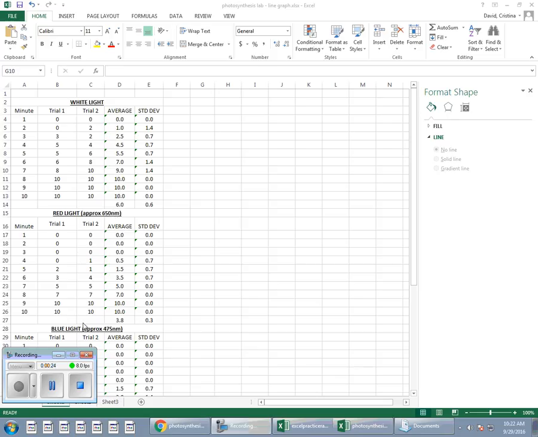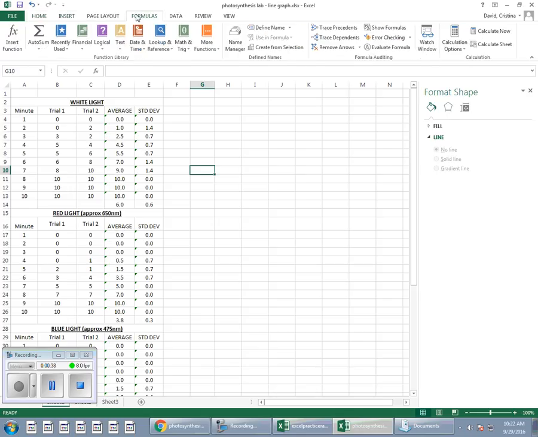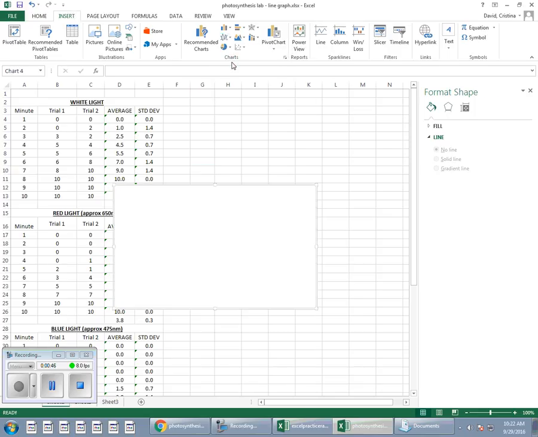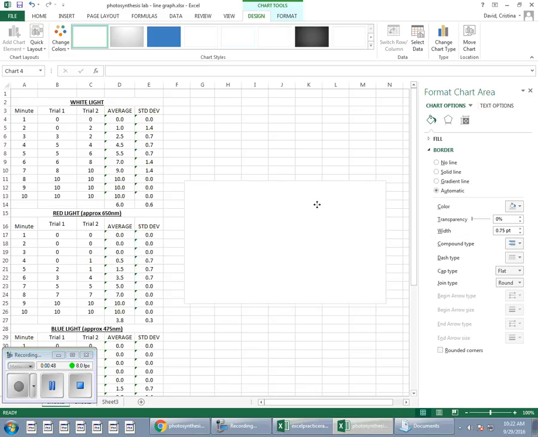I just have some raw data entered in here. The tables are not formatted correctly, just to let you know that. I'm just using them to show you how to make a line graph. Okay, so the first step is similar to making a bar graph: you go to Insert, go down to the chart area, pick the one that has line graph, and you're going to pick the first one, and you should come up with this blank